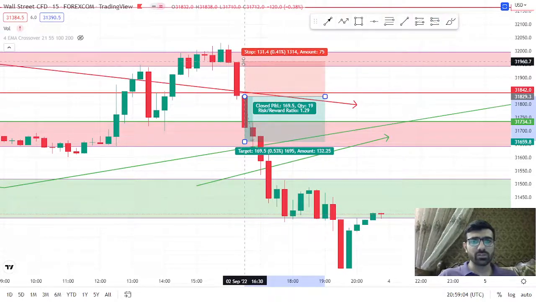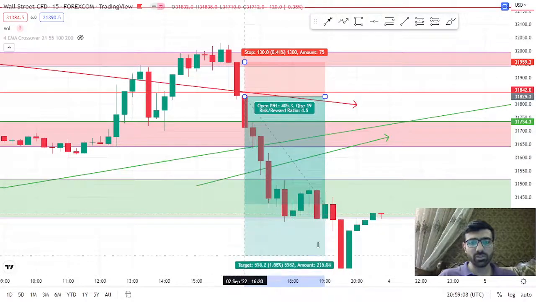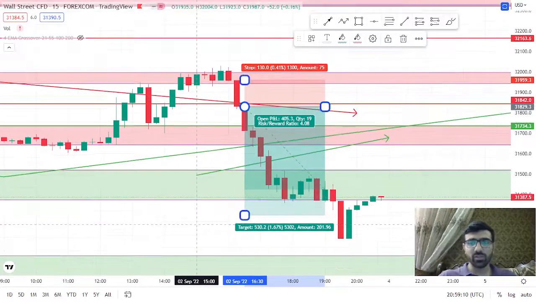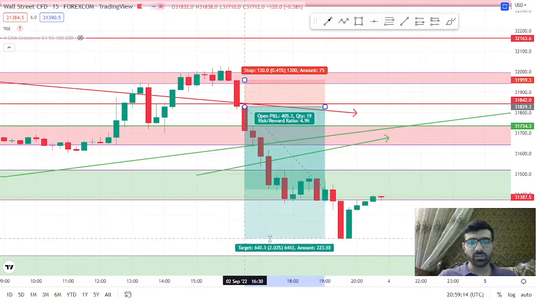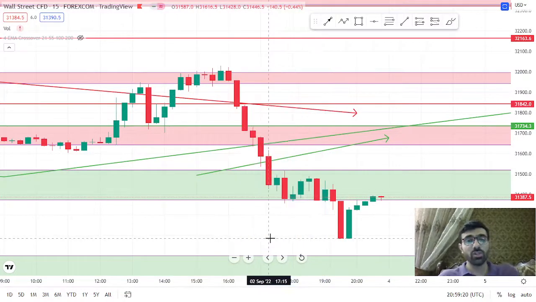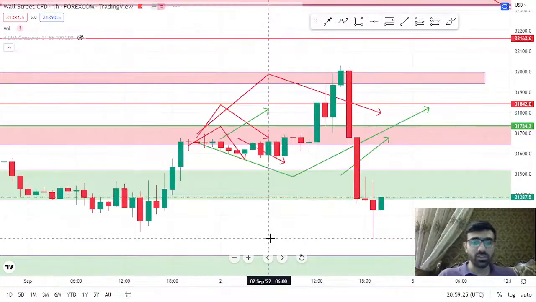Okay, and our stop loss would be over here and our take profit would be approximately here, and we would still be running in a good profit, which is approximately 4.9%, which is huge. Okay, so the analysis in this pair was really amazing, yeah, last day,